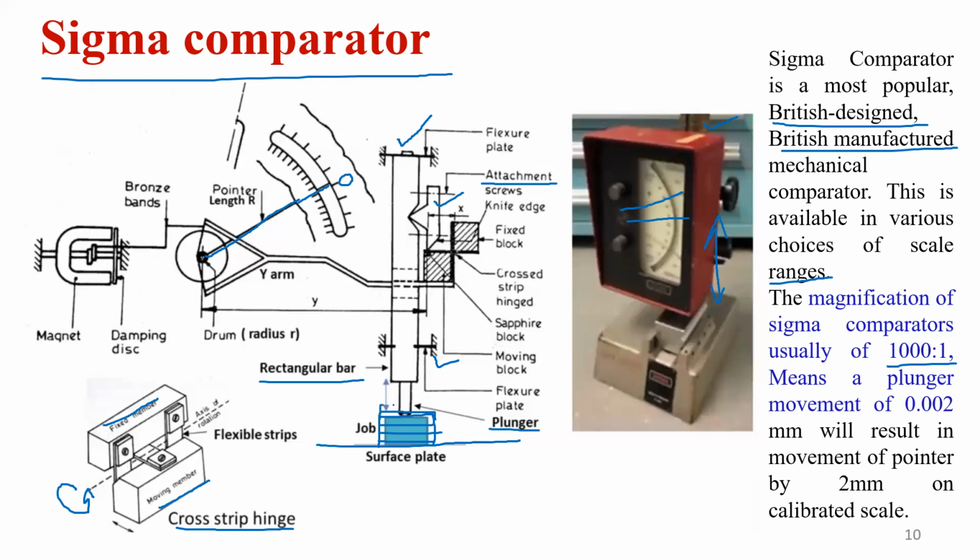And then we can also set the comparator to the higher limit of the component. So after setting this comparator to the maximum limit and minimum limit of the size of the component and the nominal size,